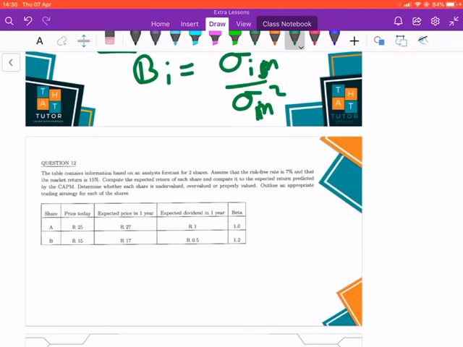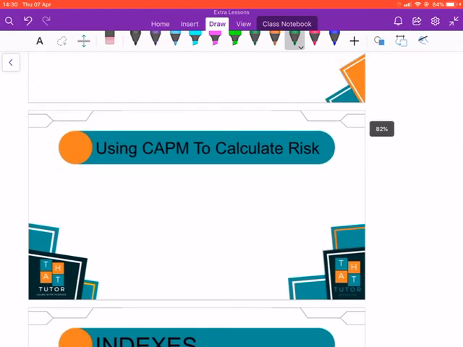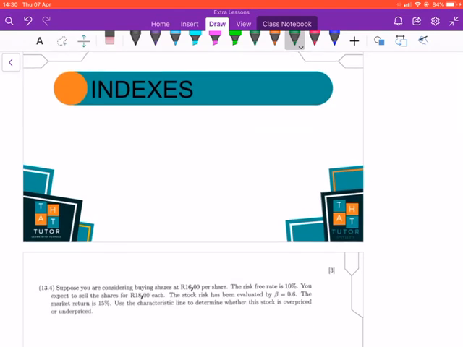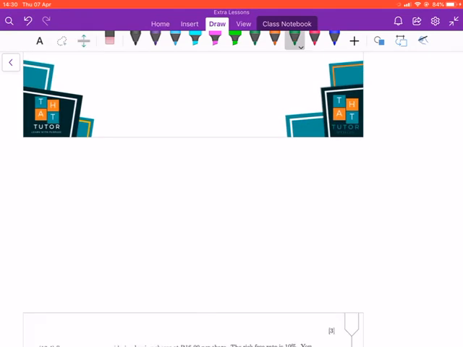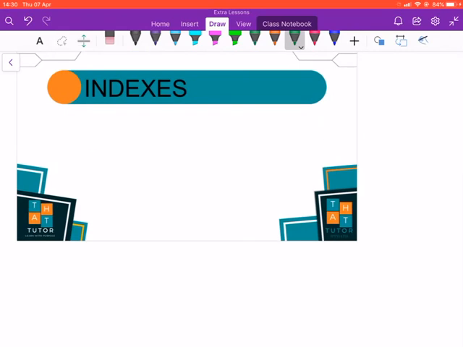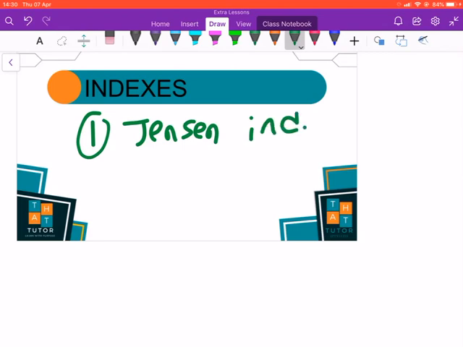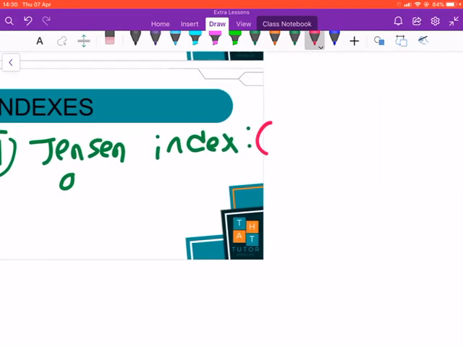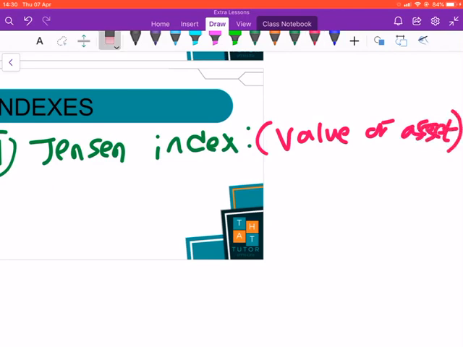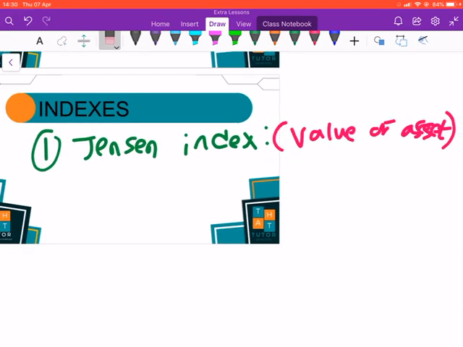So we can go a little bit further, and then we can learn about our indexes, right? Under our indexes, we learn that there are two indexes. There's the Jensen index. The Jensen index tells you whether an asset is overly valued. It tells you about the value of an asset, right? We can use this to find whether an asset is fairly valued, undervalued, or overly valued,